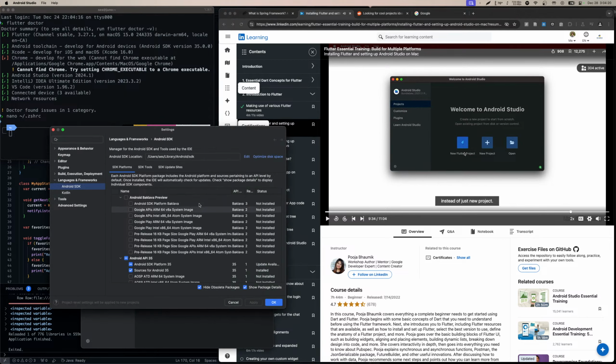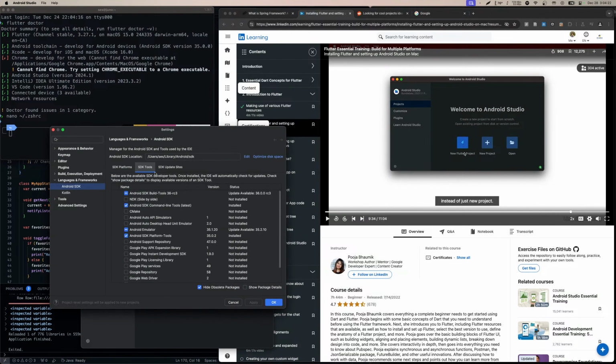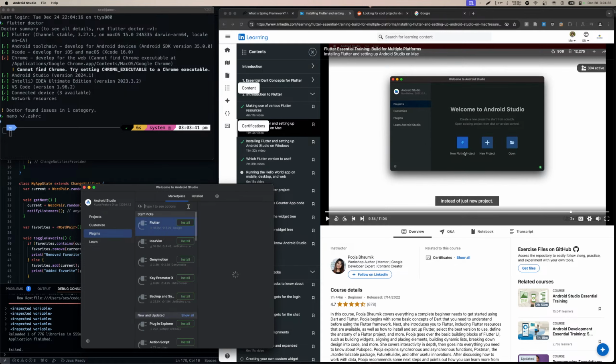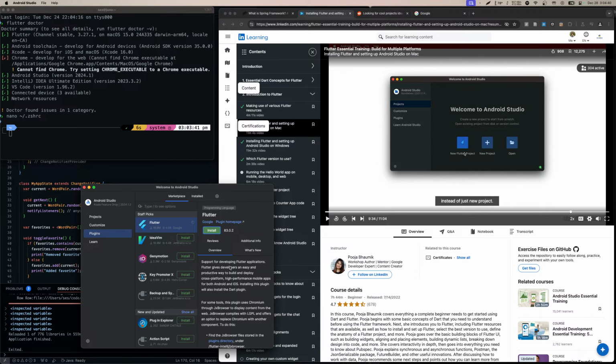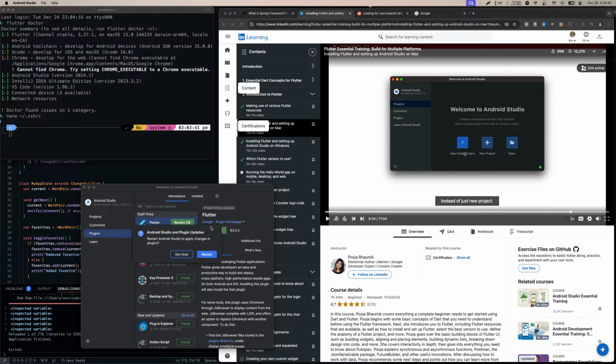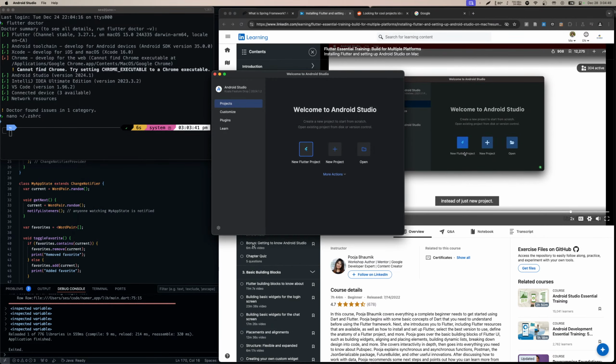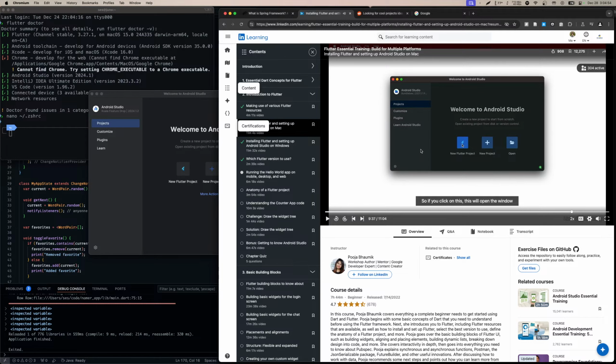Do we have the... Okay, so we have. I think we have all the SDK tools because we needed the command line tools. So I think if Flutter Doctor works, let's get the Flutter. Yeah, let's get this too. New project. So if you click on this